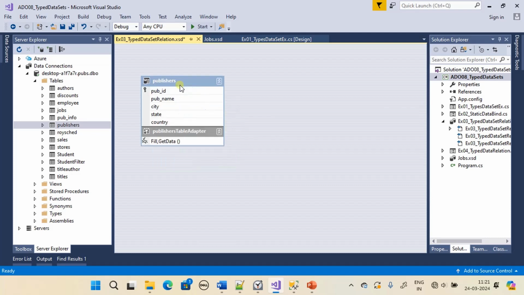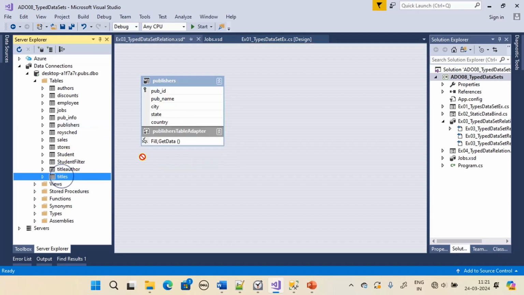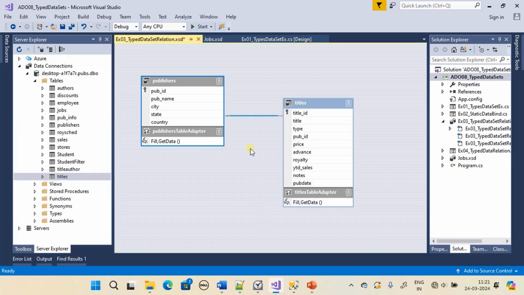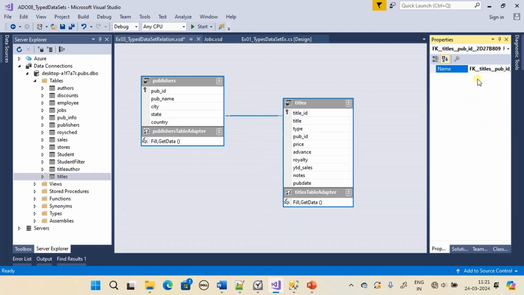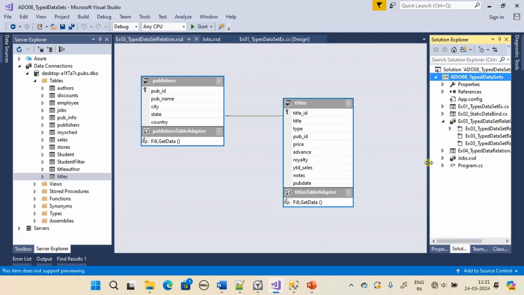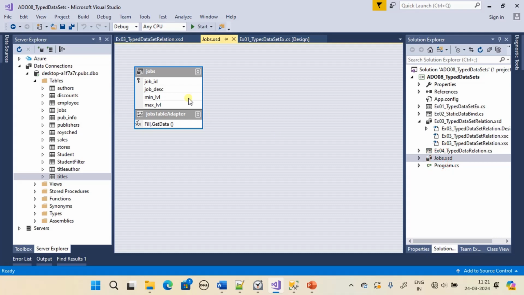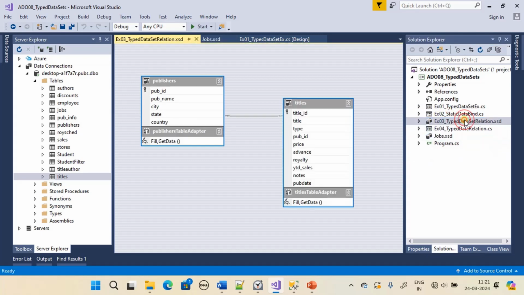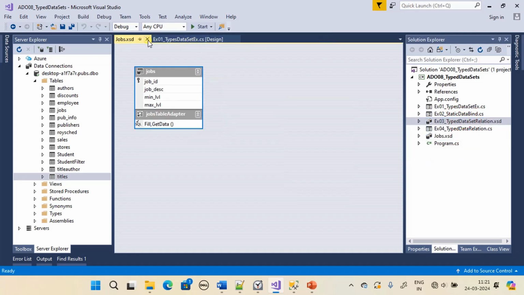So publisher is ready. We will drag and drop the titles, and you can see the relationship will be set automatically. Right here you can see the relation. Right. So foreign key relation is established here. Now we will save this XSD. Now we have two XSDs in our example. One is jobs XSD that contains only jobs, and we have one more XSD that talks about the relation. Alright, we will close these two,